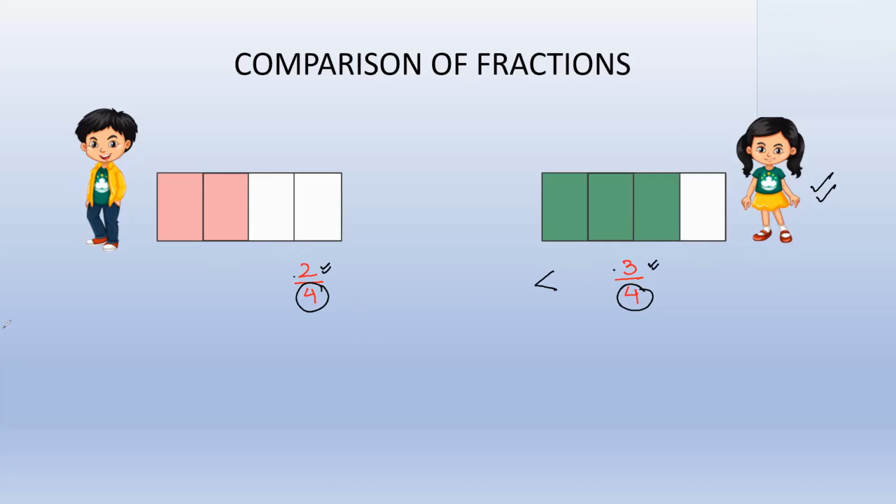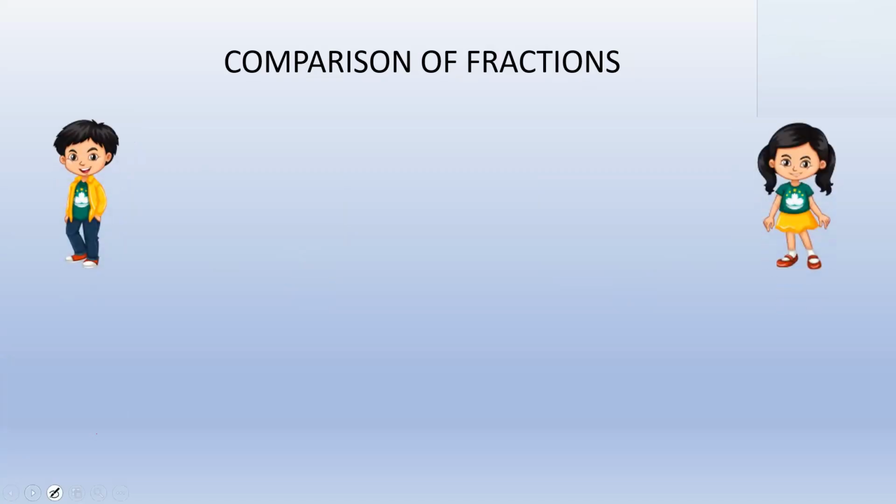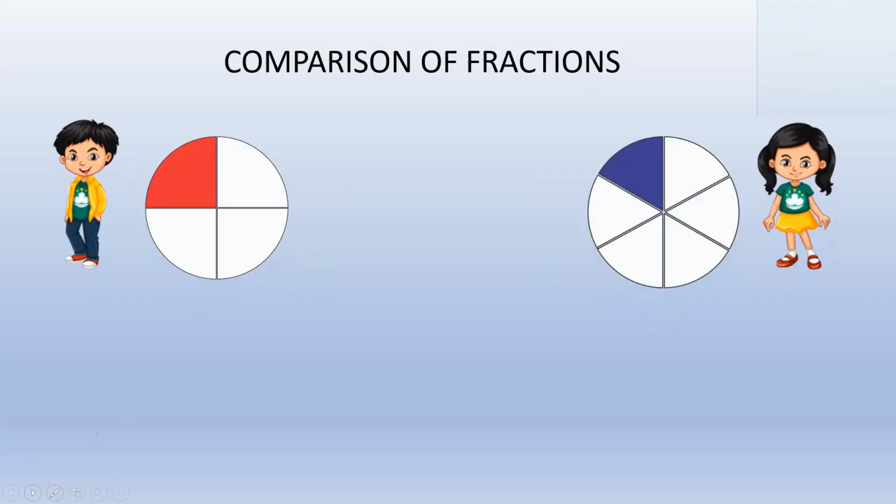Now, with this, let's look at the second type. Again, here, Arav and Arna are asked to draw circles and color some part of the circle. Clearly, Arav colors 1/4 of the circle and Arna colors 1/6 of the circle. Now we have to decide who colors more. Let's note over here that the numerator of both the fractions is the same. Hence, in this case, we will look at the denominator and compare.